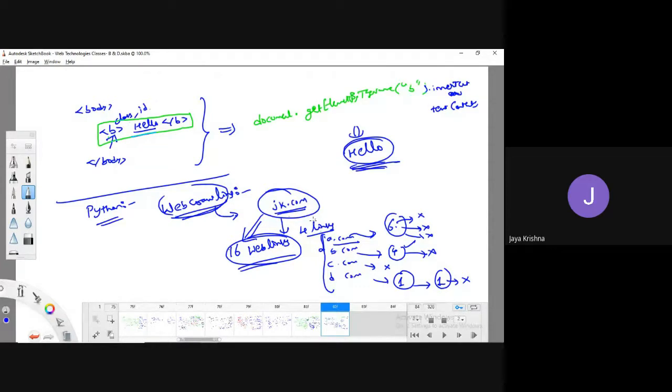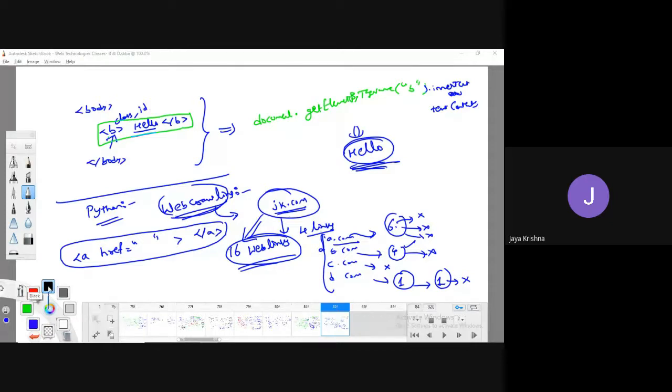Okay, what is the logic behind it? How do we identify a link? It has an anchor tag with href equal to something like this. In this web crawling concept, in a particular file, I start traversing line by line.